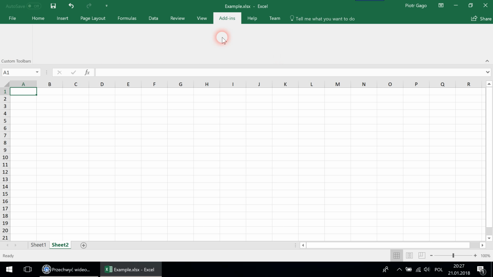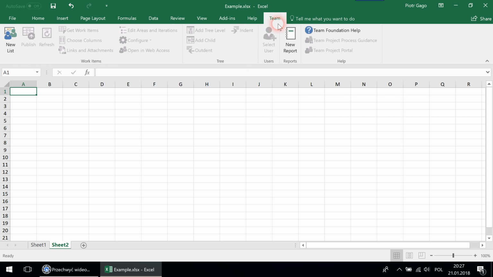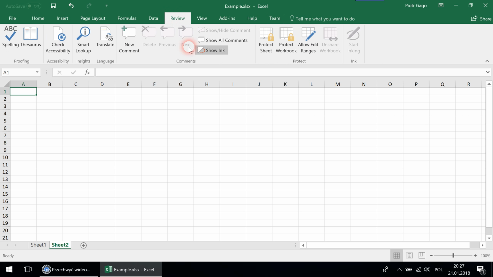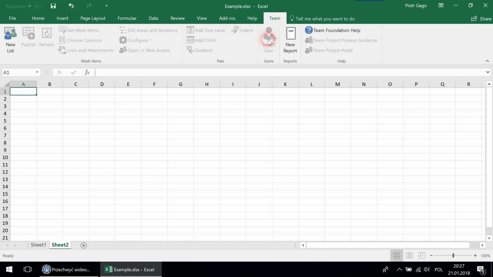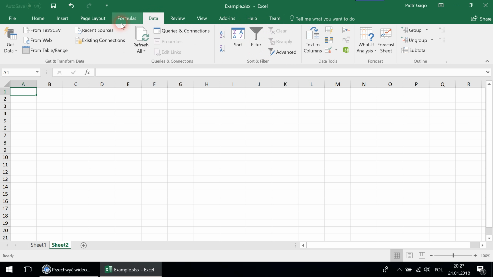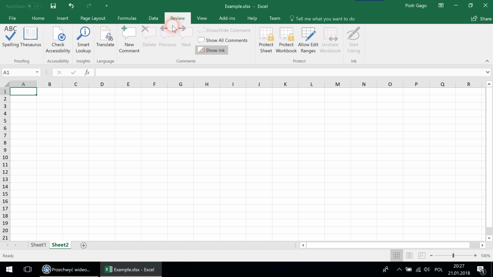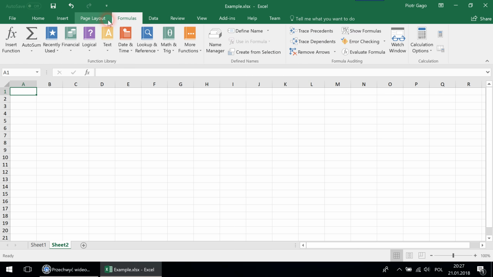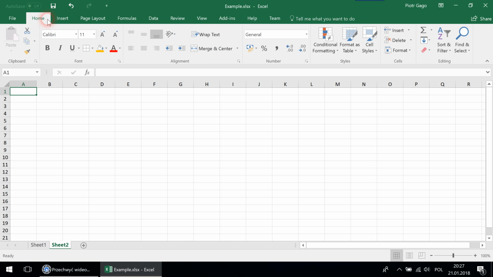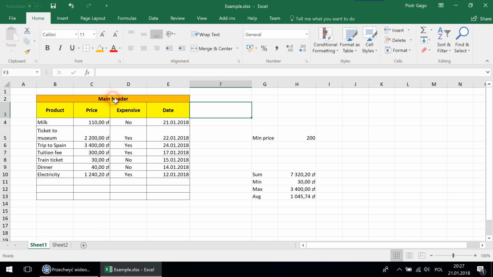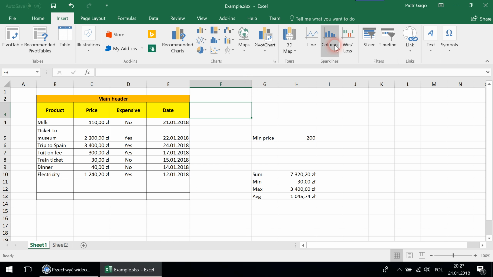Add-ins are custom scripts. Help and team, nothing that we'll be working with, because team is mostly used in larger companies, enterprise type companies. I will get back to my first sheet and I will just create a simple chart just to see